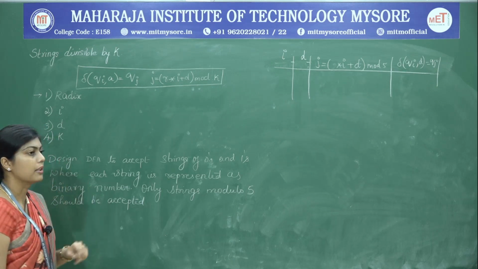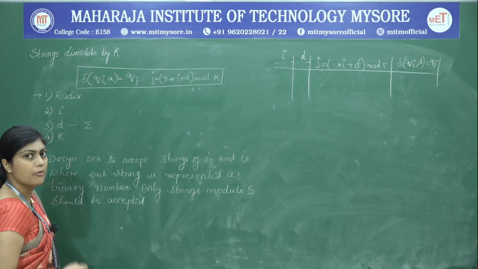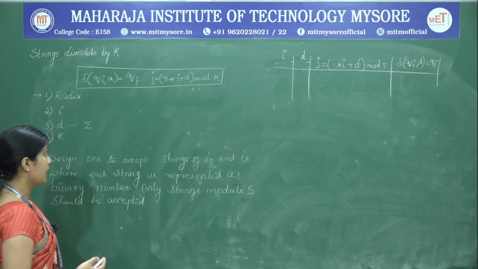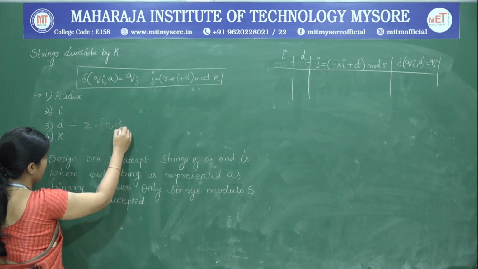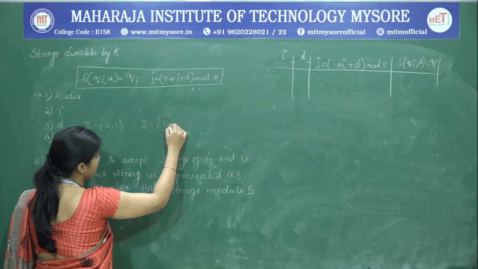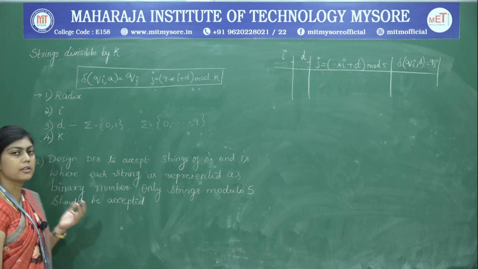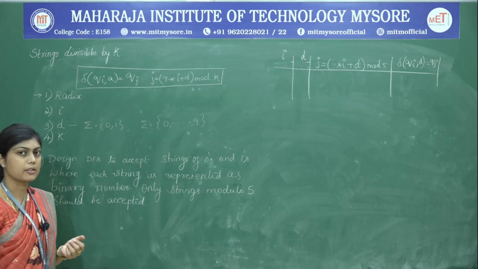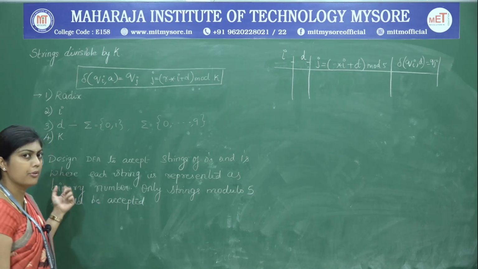Then we are going to identify D. D has to be treated as sigma. That means we are looking for the symbols that make up the number or the string that we are going to accept. In case of a binary, the alphabet is going to be 0 and 1, and in case of decimal, this D is going to be all the digits from 0 to 9. So this is simply what the string is made up of. Next we are going to identify k. The k is the divisor, and it depends on the problem statement what the value of k is.